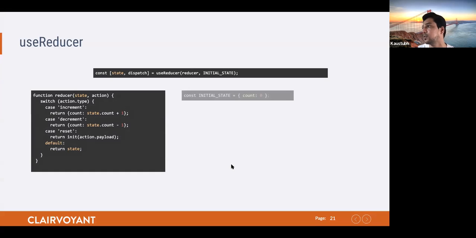Nothing fancy. The next parameter is the initial state we use to initialize our reducer. There is also an optional third parameter which we can use for complex cases where we don't know what our initial state is, and we can use another hook to repopulate our reducer.